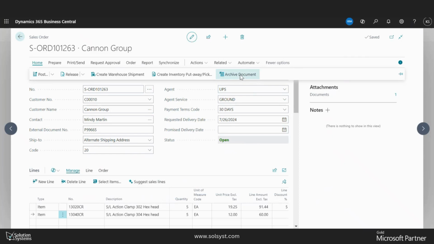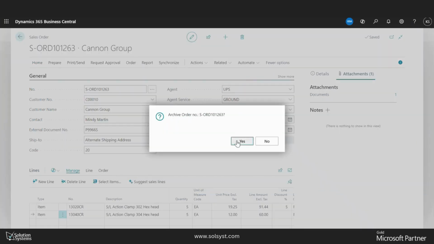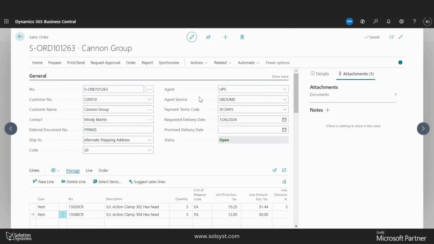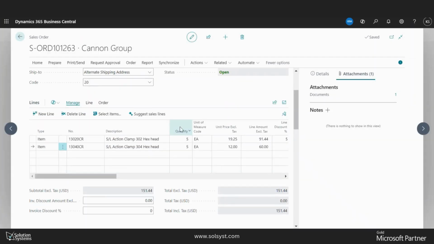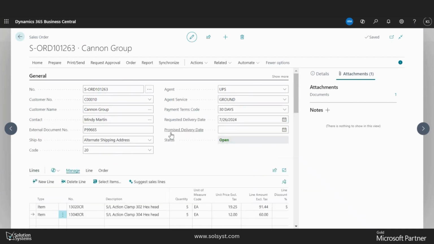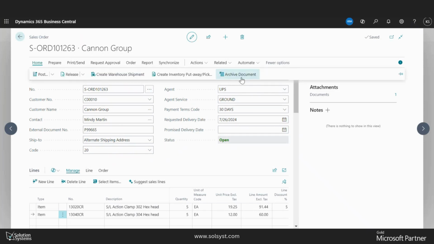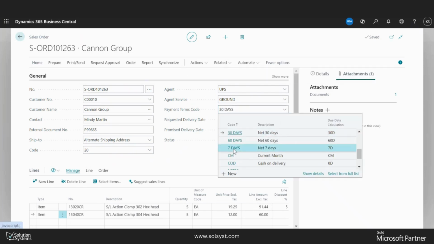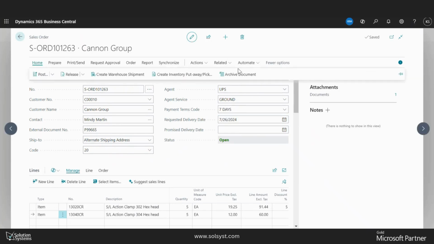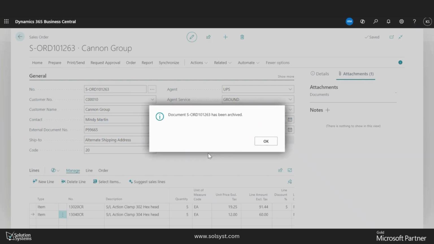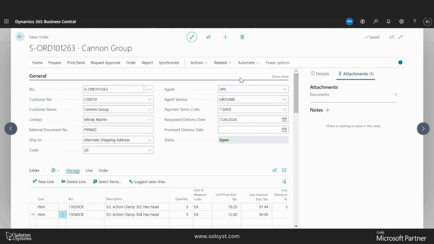So here I can go in here and I can just say archive document. And I have now basically taken a snapshot of this order, the header information, the lines, everything as it exists right now. At any time I make a change, maybe I change the payment terms here to net 7 days, I can go back home, I can make another archived copy of this document, right? So what that does is it creates records in the sales order archive. At any point in the future, I can go revert to a previously archived version,